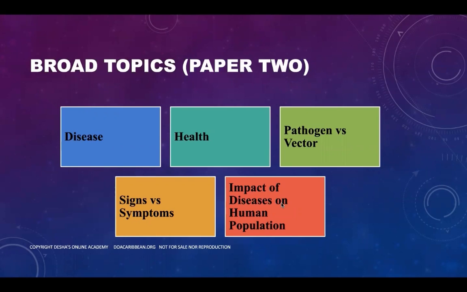So we can have a normal human, and then we can have a state in which something is going wrong. Disease is a process in which there's a deviation in the normal functioning of the body. The World Health Organization states that health is a state of complete physical, mental, and social well-being. So they're saying to be healthy, an individual must meet all these three requirements, and any deviation from these means that there's a disease